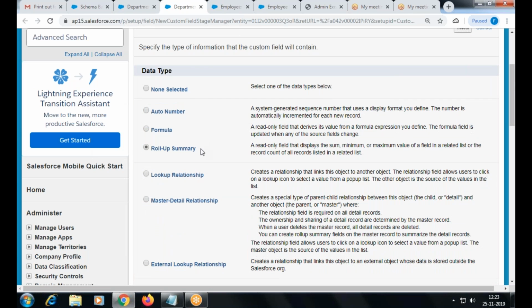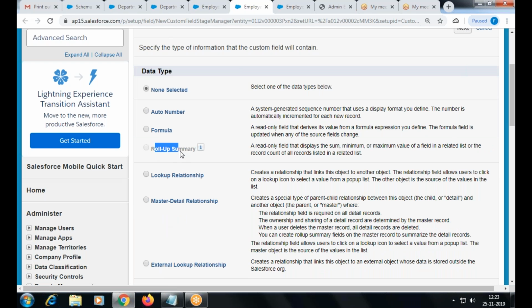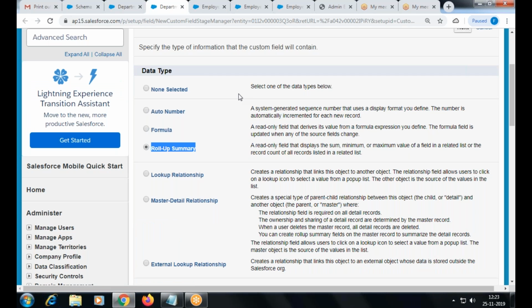Roll up summary. This field will only be highlighted in the master object. So I go to the employee object. It's deactivated, right? So you can only create it on the master object in a master detail relationship.